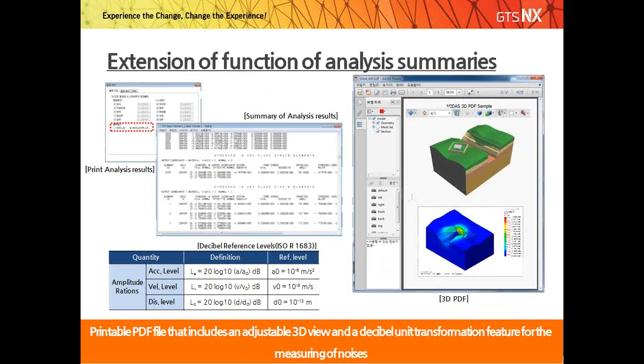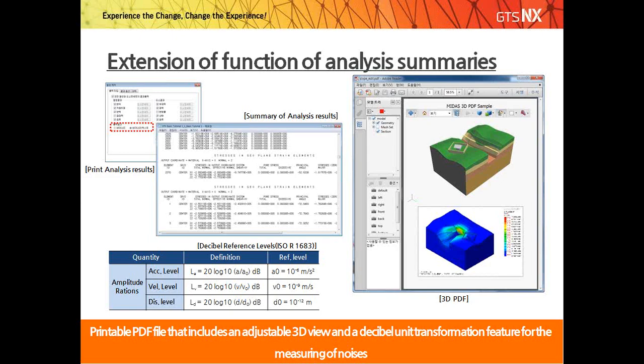Extension of the function of analysis summaries. With MIDAS GTS NX, the report function will be in PDF format, where you can rotate the whole 3D model itself in the PDF, and you can adjust or take the actual view which we require for that particular feature. Just like you rotate it in the software, you can rotate it in the report, and you can take a snap at a particular point. So a very printable PDF file which includes an adjustable 3D view and decibel unit transformation features will be incorporated